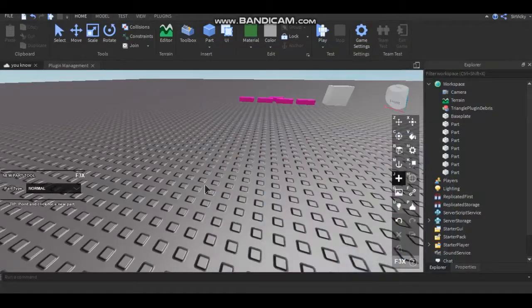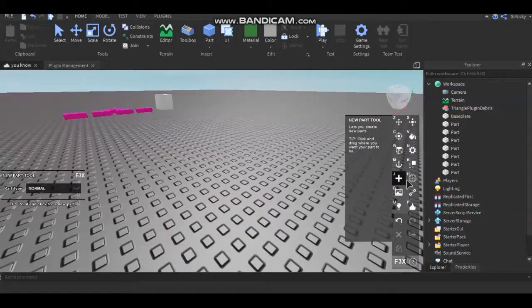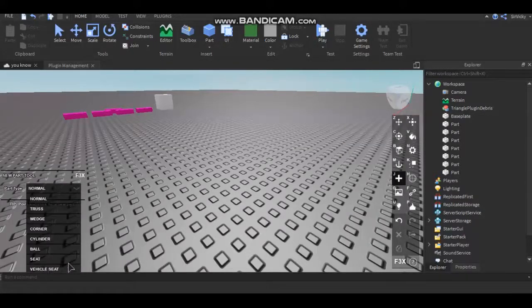Well, as you can see, the part tool, which is also known by the J shortcut. On part types, you can have different parts. It always annoys me when there's one, like you can see this. Look at that. I always think there's one beneath that, but there's not. As you can see, there are different types. So there's, for example,